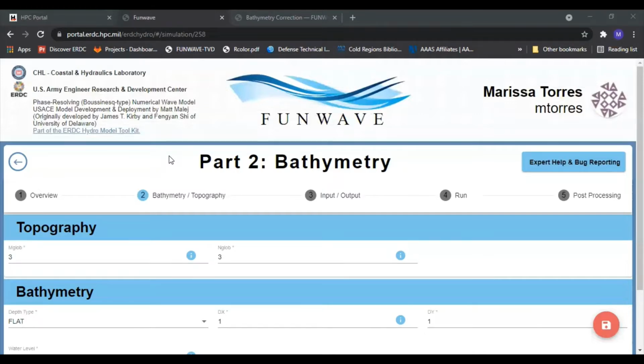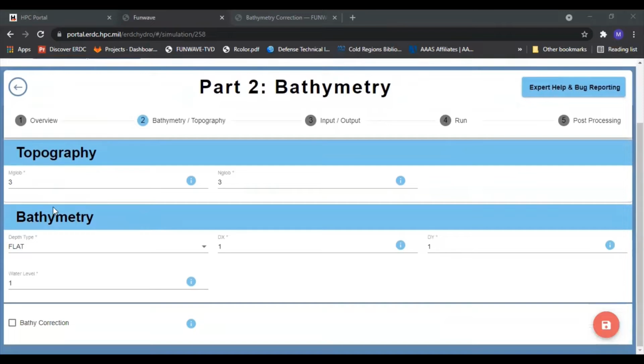So recall that we have 5 primary tabs in our simulation workflow. That includes the Overview tab, the Bathymetry Topography, Input Output, Run, and Post-Processing. So in this Bathymetry Topography tab, we have 2 primary sections here. We have Topography and Bathymetry. So in the topography section, we can define the total size of our numerical domain. And in the bathymetry section, we define the actual bathymetry/topography configuration of the domain by selecting one of these depth